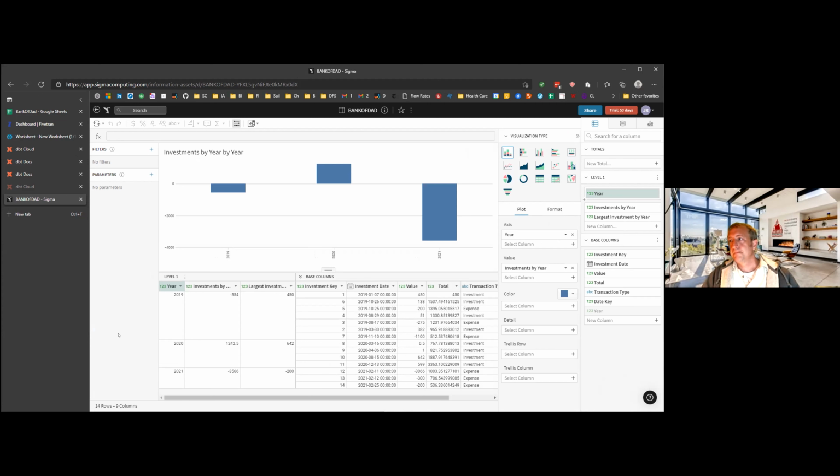Is there any geographic features at all? Mapping features? Yep, it has some mapping features. I have not tried them. That's a good question because I know mapping is a very glitchy area. Some of the Power BI maps don't work well at all. Tableau maps have generally been the gold standard. I don't know how well these work. Cool.